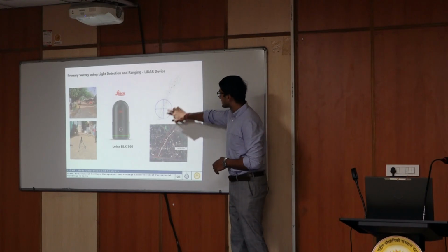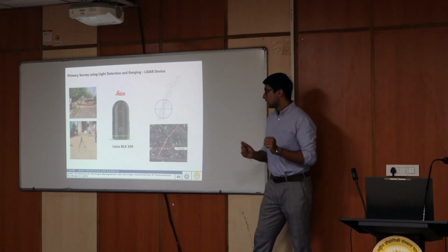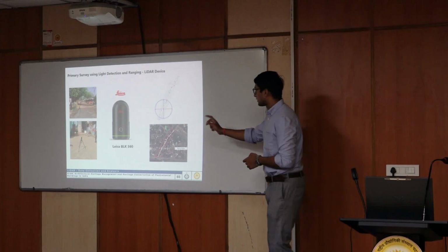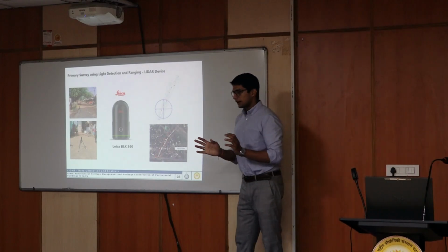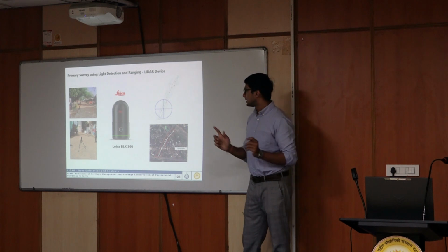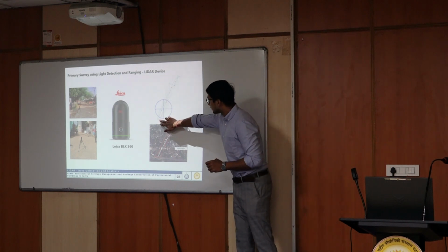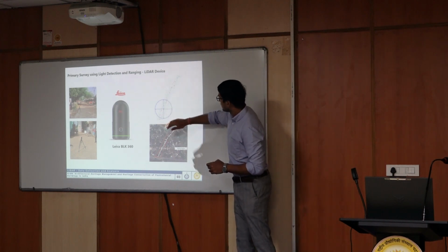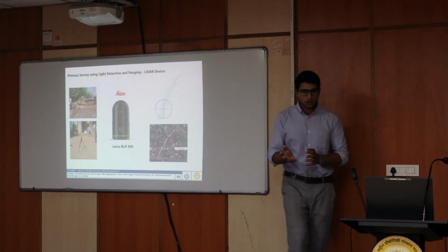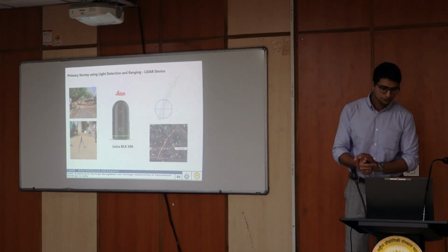So we chose 13 station points based on the radius of coverage, and subsequently we faced issues and challenges in modeling this area, but for now we are of the understanding that this will be enough for all the data that we need for this particular study. So we started from here, this was the first point, second, third, and 13 points like this. And we acquired data to an extent which was enough.